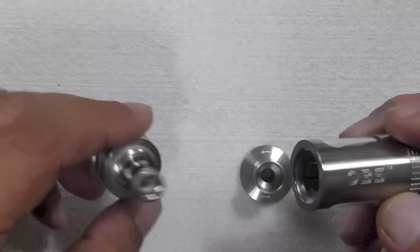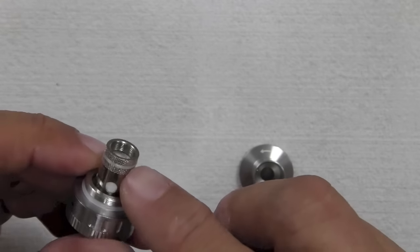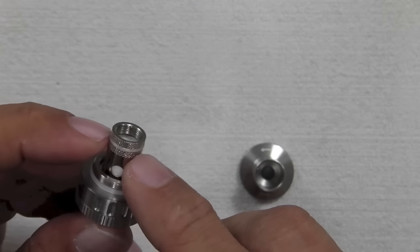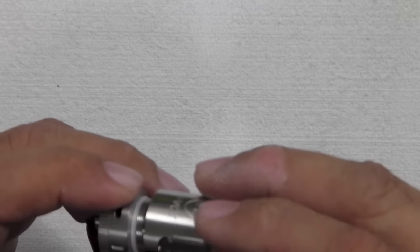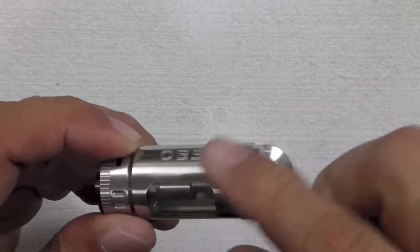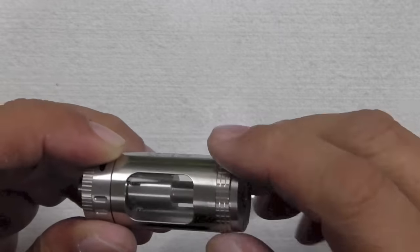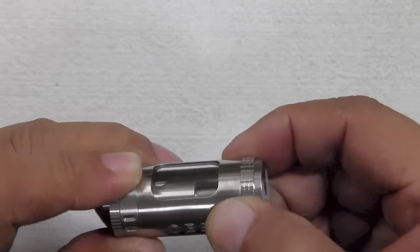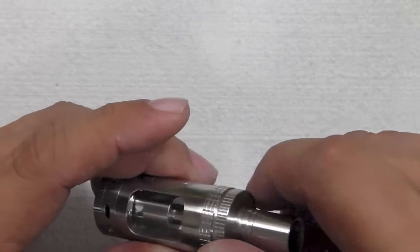Yeah. Well, that's about it, I guess, for this. And the thing is, if you notice, there's a silicone O-ring here. This goes in here, and it's a very nice fit. So there's no gaps or anything to let juice get back into the chamber from the outside, except from the juice hole. Alright, so once that's on, once you fill up your juice, close it back,